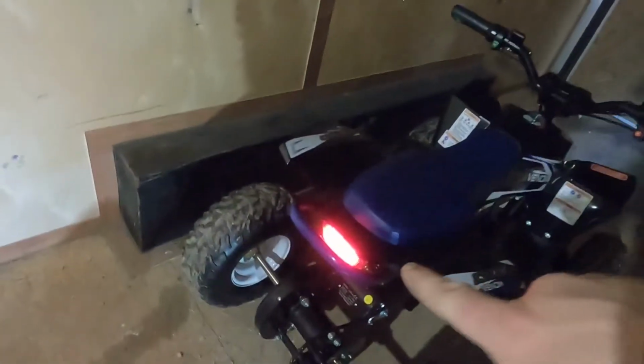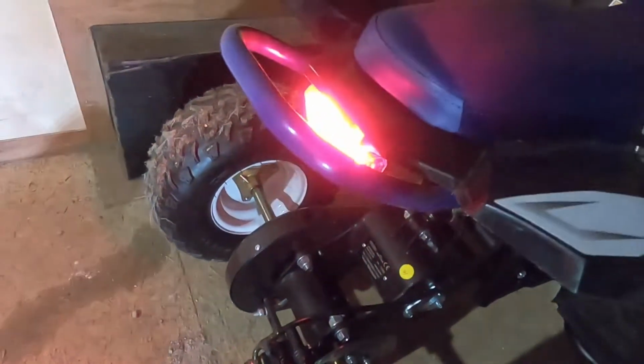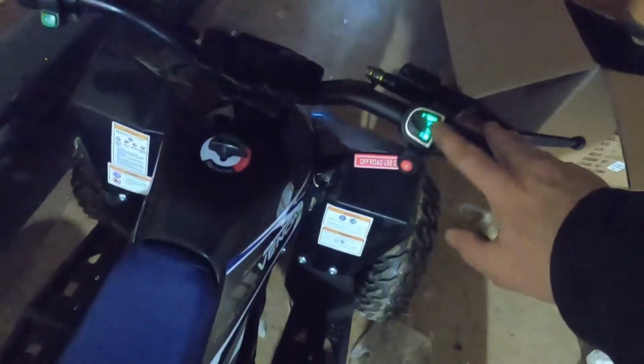This one, the bigger one, actually has a working brake light though. This one just has a reflector for the rear. My kids won't be riding these at night. No big deal. But yeah, same thing with the bigger one. It's got the readout on it. And again, it's got a functioning headlight as well, but that horn, I don't know about that. Anyway,